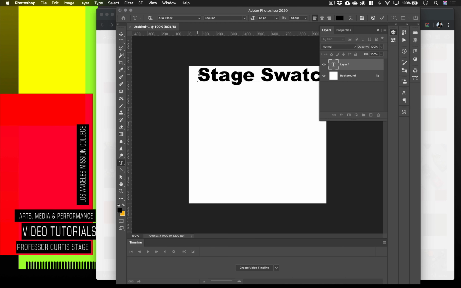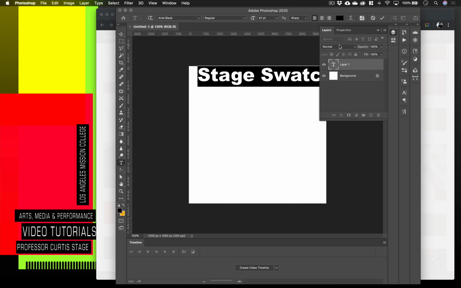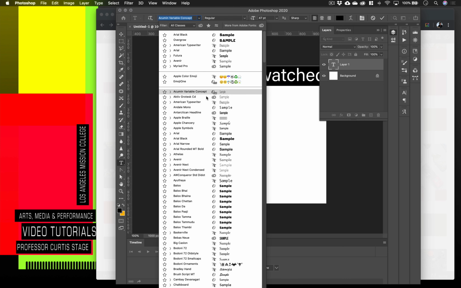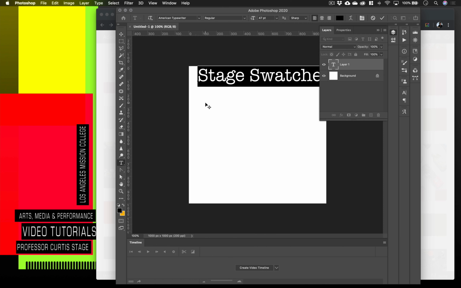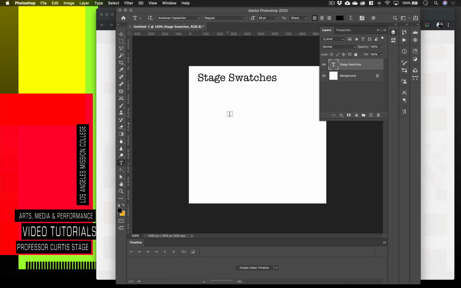You'd want to put your company name, and maybe use a font that you're using for your company. So you might want to include that here as well. So I'm going to go American Typewriter, and oh, stage swatched. I'm gonna go stage swatches. There we go. Now I'm gonna create my swatches using a couple different